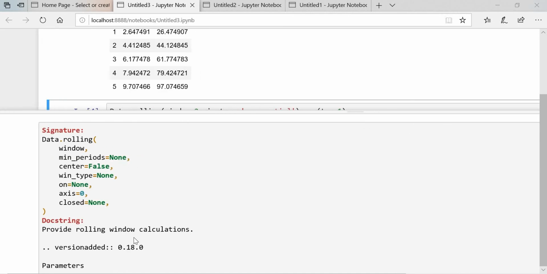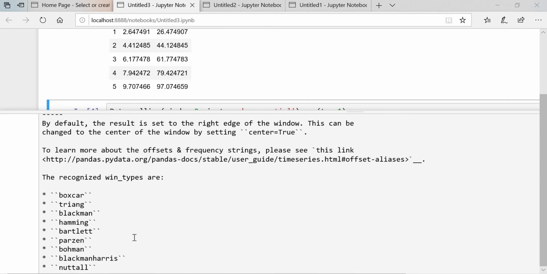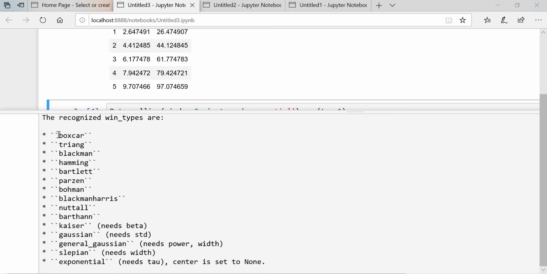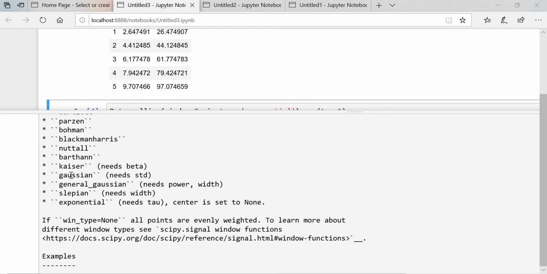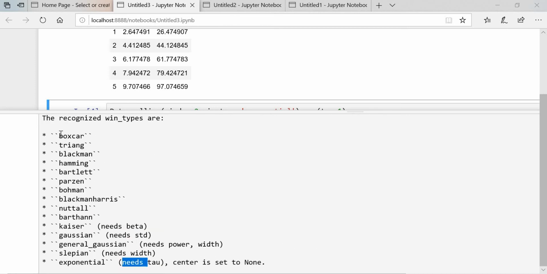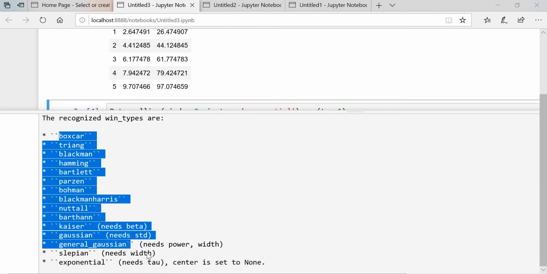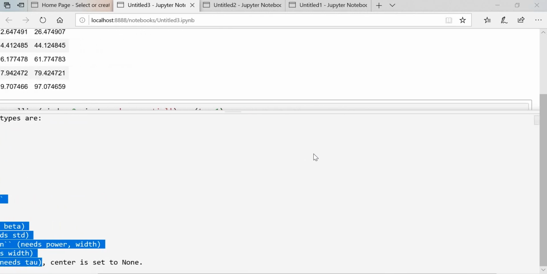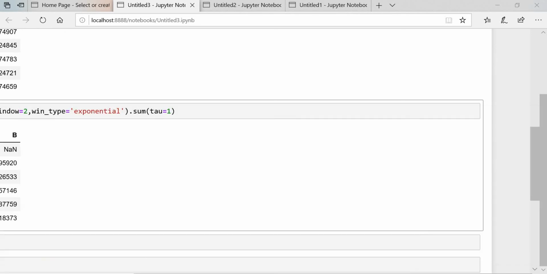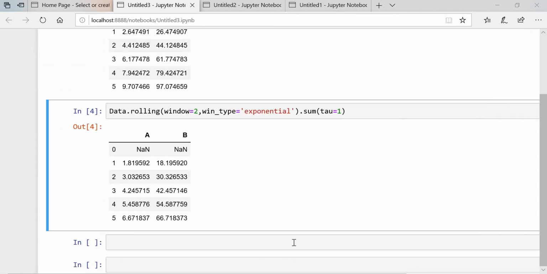If you scroll down, you can see these are the types: boxcar, triangle, blackman, and you can see that in the Gaussian we need this std, that is standard deviation, and in exponential we need tau. So you can try this for practice. These are all the win types, that is window types. Hope this will make sense, guys. You can see the difference between those win types, and you can plot that accordingly.